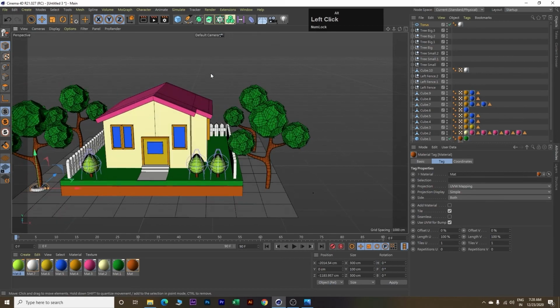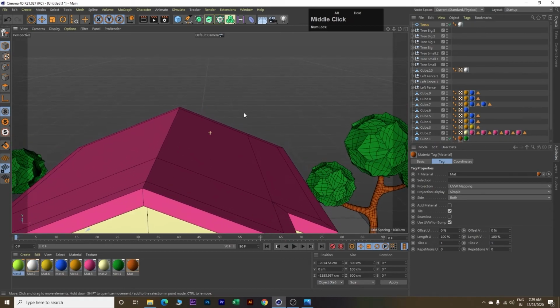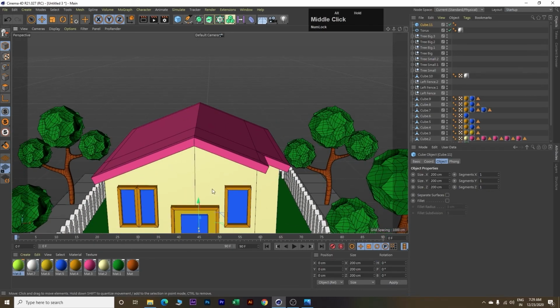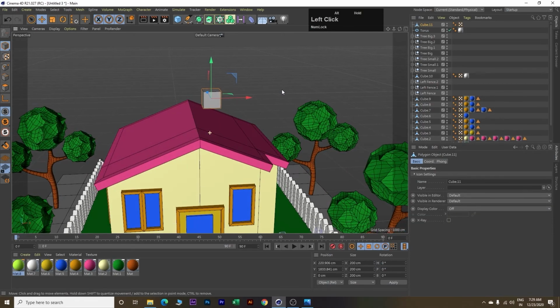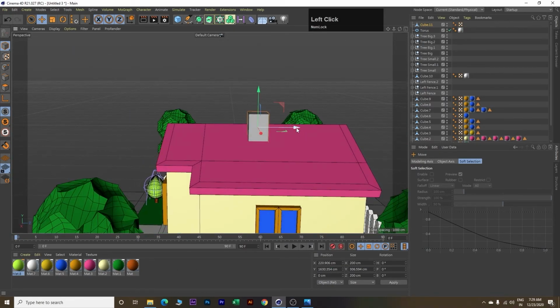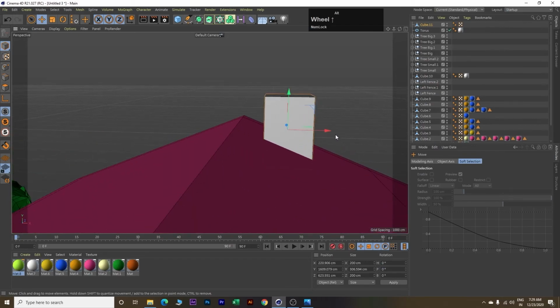Lastly, our house is almost ready. The last thing which we need to do is create a chimney over here. So insert a cube. Bring this cube upward. Click on this, make editable. Click T. Increase the size. Click E. Pull it downward. Then place it towards the back. Push it downward further. Zoom in.